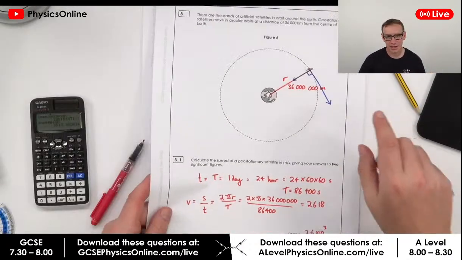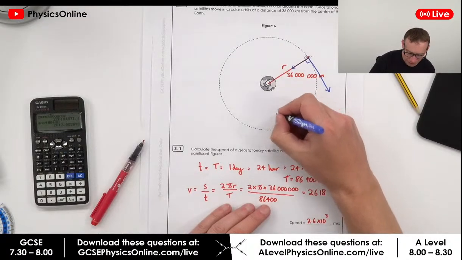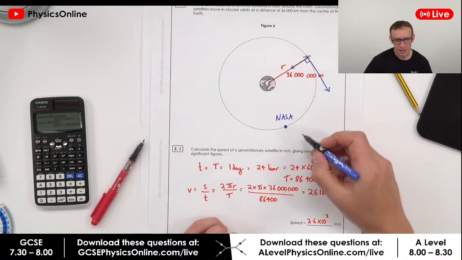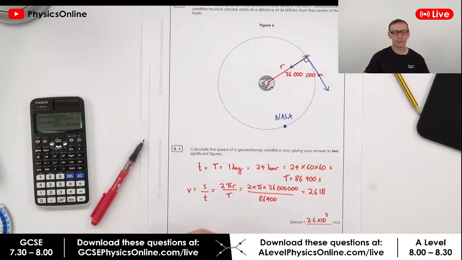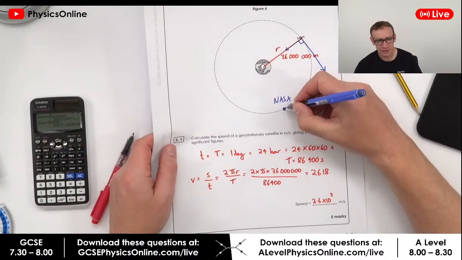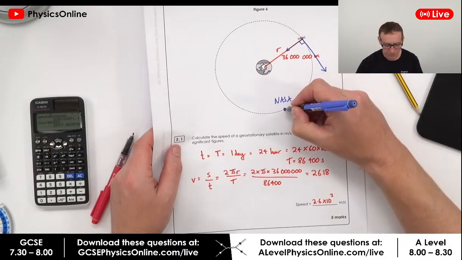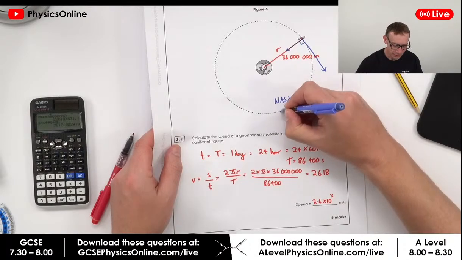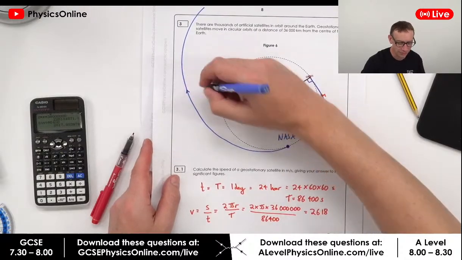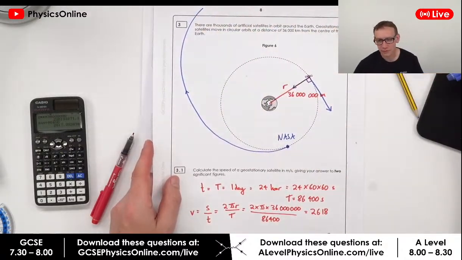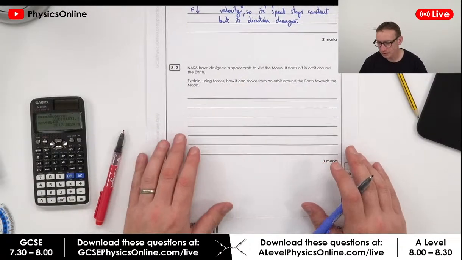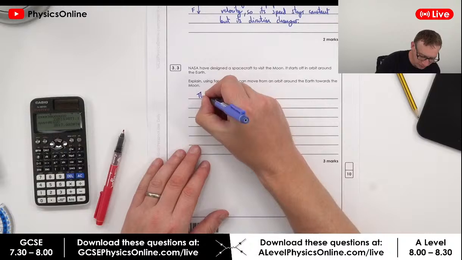So for example, if we had another thing, this is something in orbit around the Earth. This is our new NASA spacecraft. How do we get it to go from here out much further away to where the moon is? Okay, so we basically need to do something to this to cause it to speed up, and as it speeds up, it takes this other path here, which is more of a spiral outwards as its distance from the Earth increases. So what we could say, explain using forces how it can move from an orbit around the Earth towards the moon, is that maybe thrusters